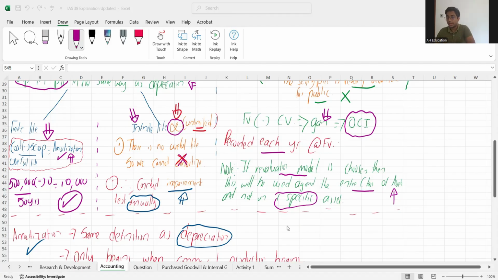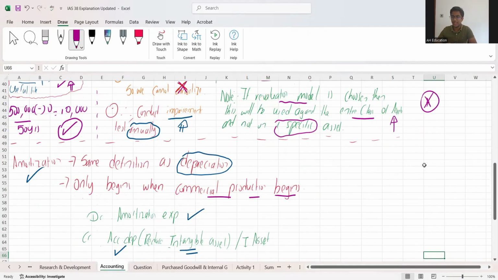Okay. So as I was saying, if you are using the revaluation model, then you need to revalue the entire class of assets and not only one specific asset. For an example, if you are planning on revaluing your brand, then your software, your patents, and all the remaining intangible assets need to be revalued under the revaluation model. Okay, that is also one of the concepts. This was tested, I guess, in one of the MCQs in your BPP, if I remember.